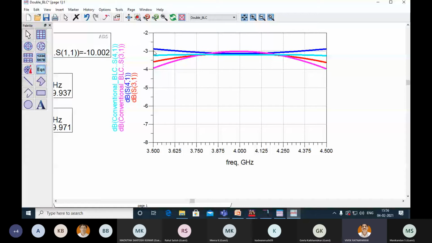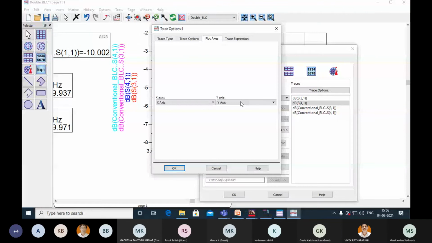So I will do that. Conventional I will keep left, and this I will take to the right. See, one parameter I have taken to the right.